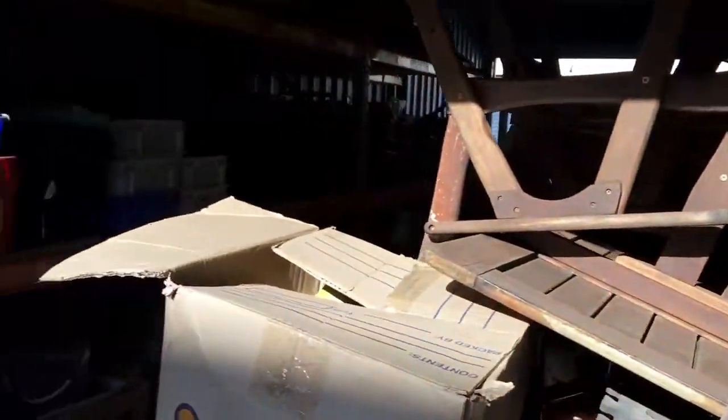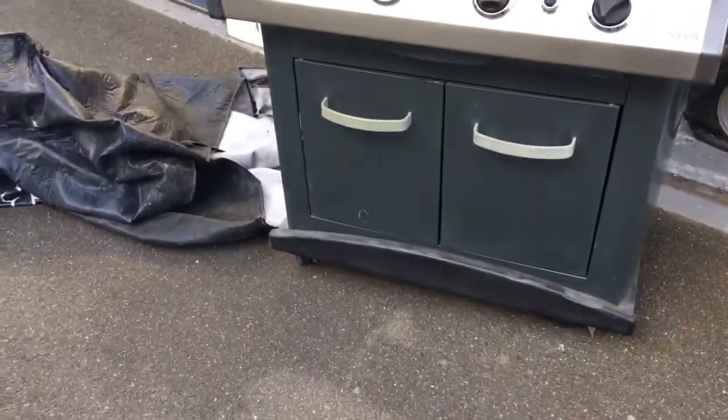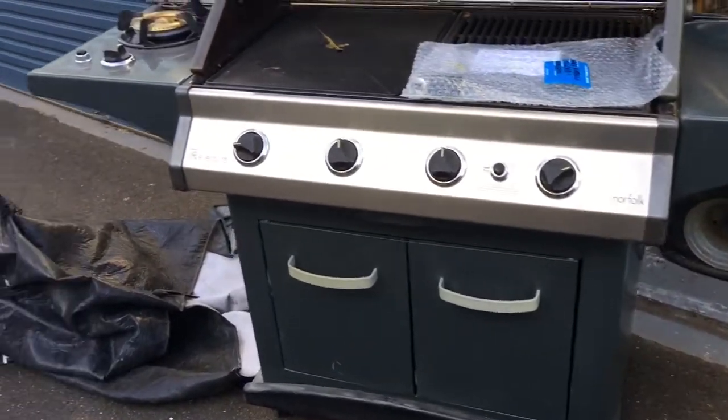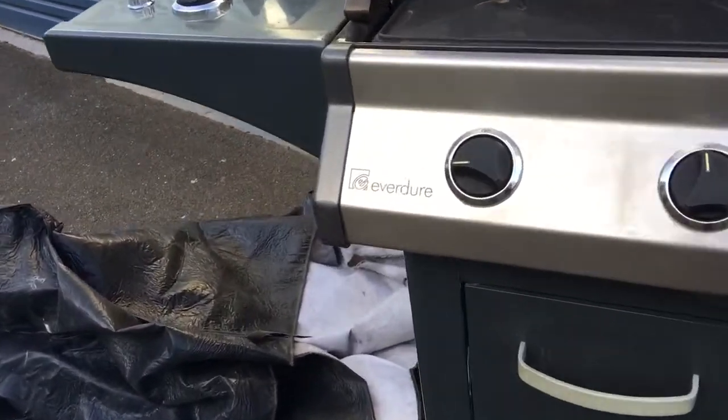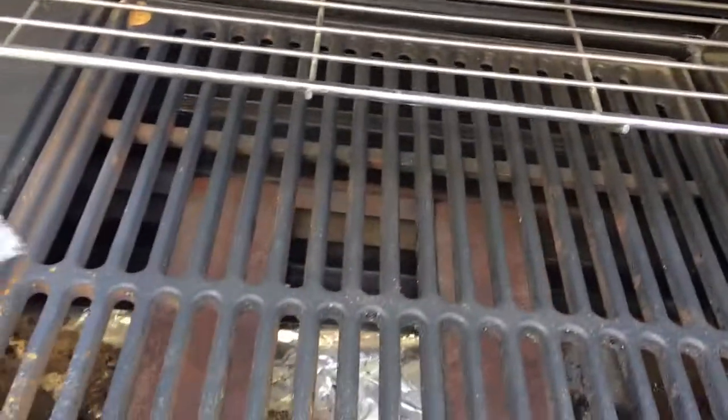Okay, and we've got a very nice, decent looking, probably never used or hardly used 4-burner barbecue, and the brand is Everdure, but it's tinted here. In fact, I don't think it's been used. Okay, and we've got a 4-drawer pull-over cabinet. Let me show you some of the tools here